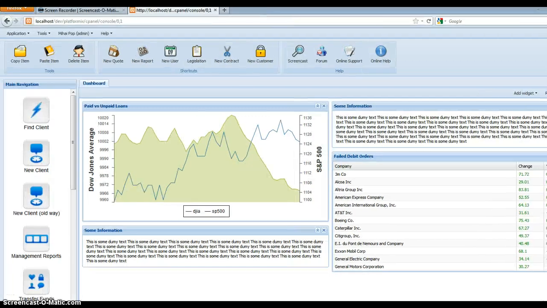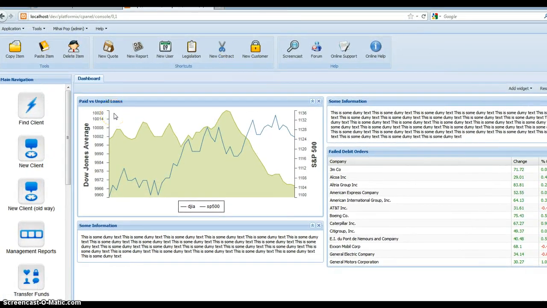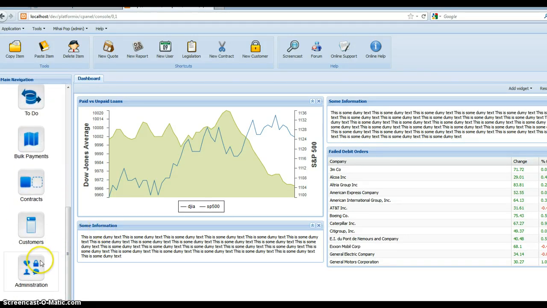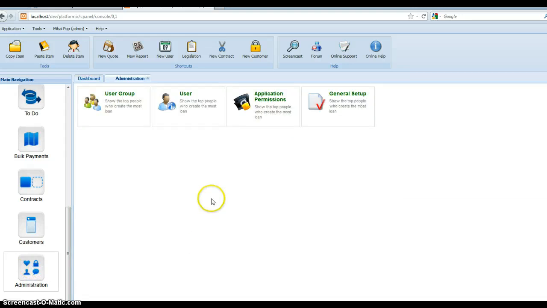Anyway, let us attempt to create a new user, and before we do that, we're actually going to create a user group. To do that, you go on the left hand side. Because I'm an administrator, I can log in and I have the permissions to get into the administrative interface. You will see a few items here. The one is called user groups, the one is users, and in the future there'll be many more others, but